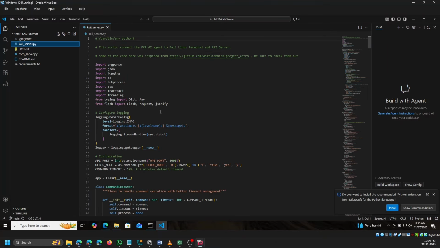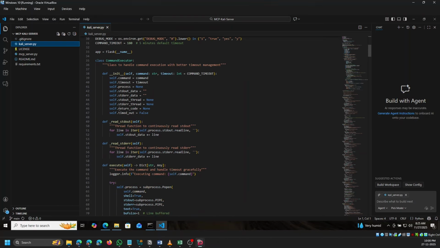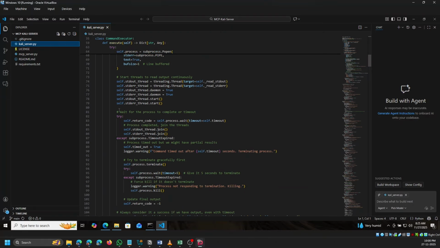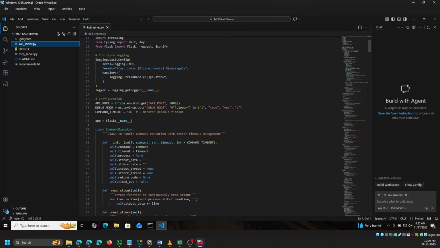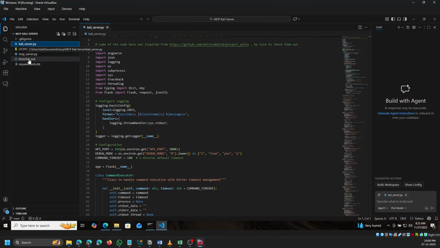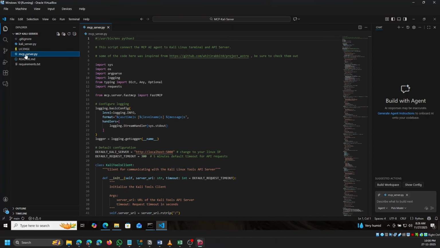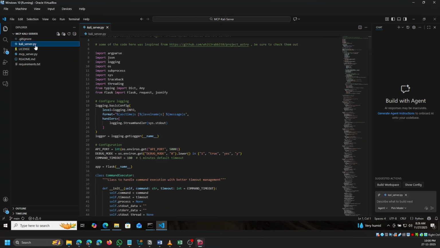You can reject all the auto-installation prompts. This is a simple Python file which basically connects to your Kali server. This has to be installed on the Kali machine, and this has to be configured on our Windows machine. So the MCP server has to be installed on the Windows machine, and the Kali server has to be configured on your